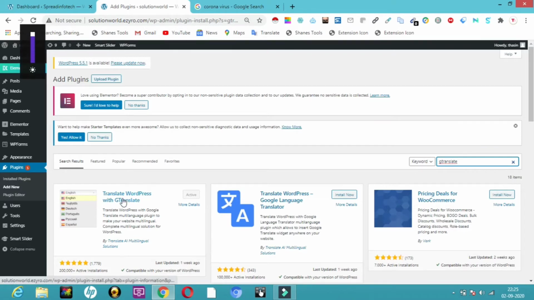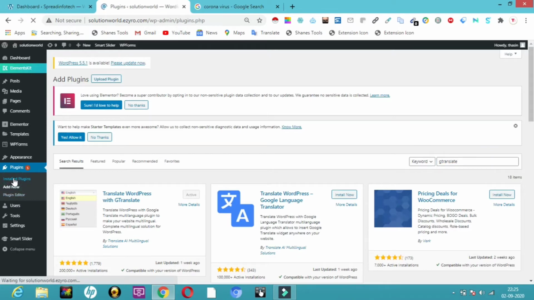This plugin will be helpful for you to have n number of drop down menus. It will ask you the location where you want it. All you have to do is click on install and activate. Now I'll tell you what to do. Let me get into the installed plugins.